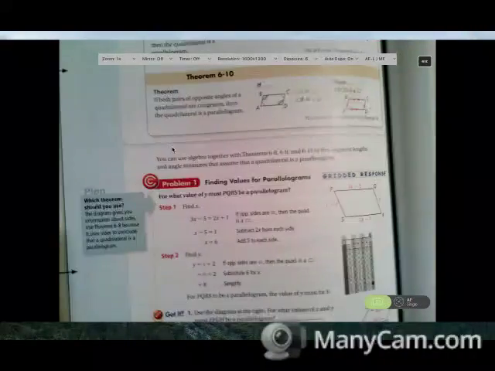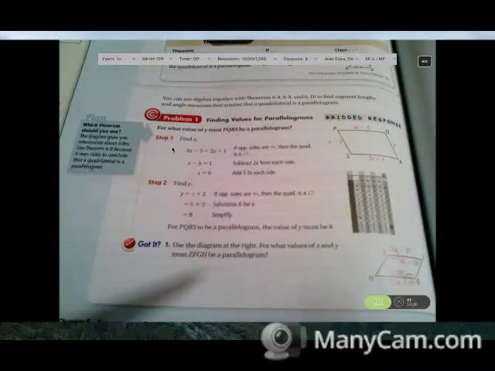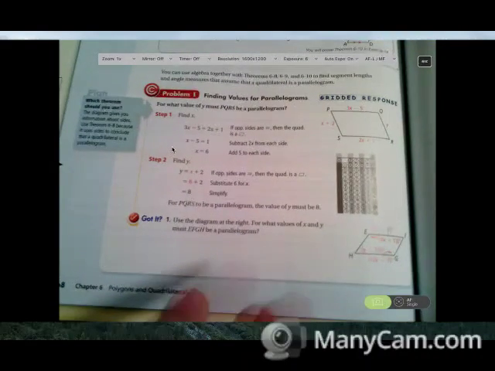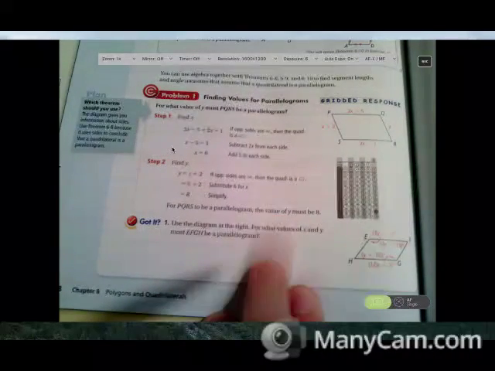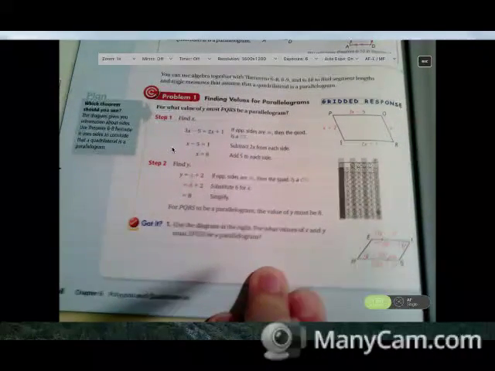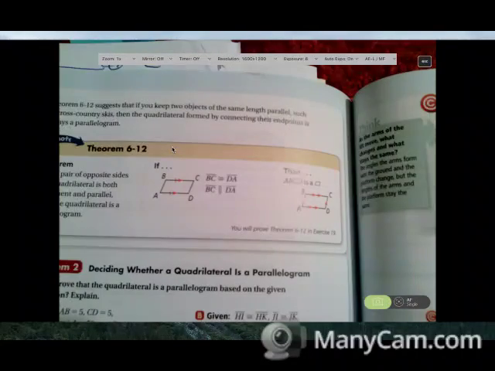So, I got it down here. Let me move over so you can see it. You can see a little bit better over here. That's a 3y. Awesome. Alright. And then problem 2